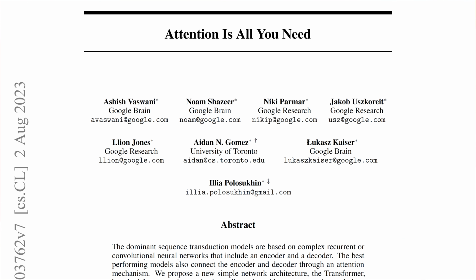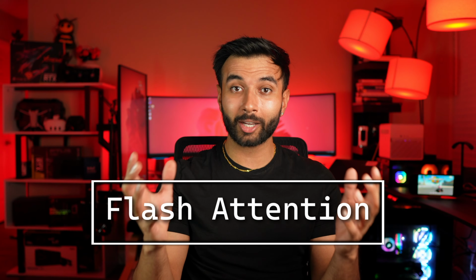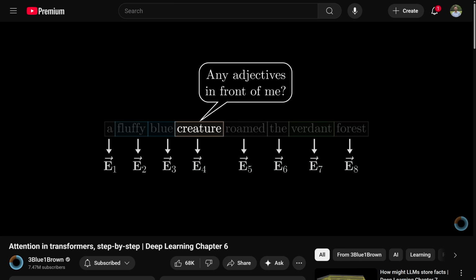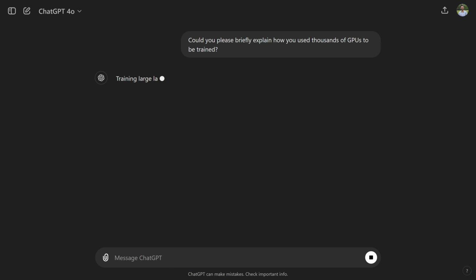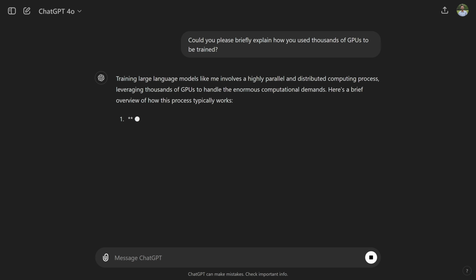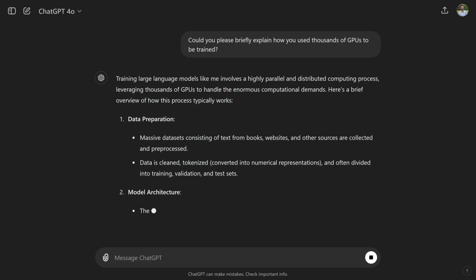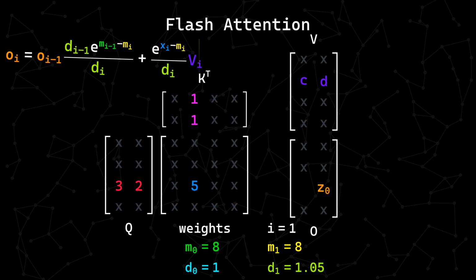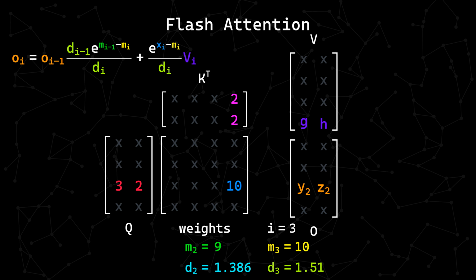seminal 2017 work. Flash attention, what we'll be discussing today, builds directly on that breakthrough and represents an advancement of the same order of magnitude as the original attention paper. Attention allows different tokens of an input sequence to talk to each other, whether it's text, images, or video. Given that this then enables a transformer to do what it does best, extracting all relevant semantic meaning from the input, any speedups to this operation greatly affects training and inference.